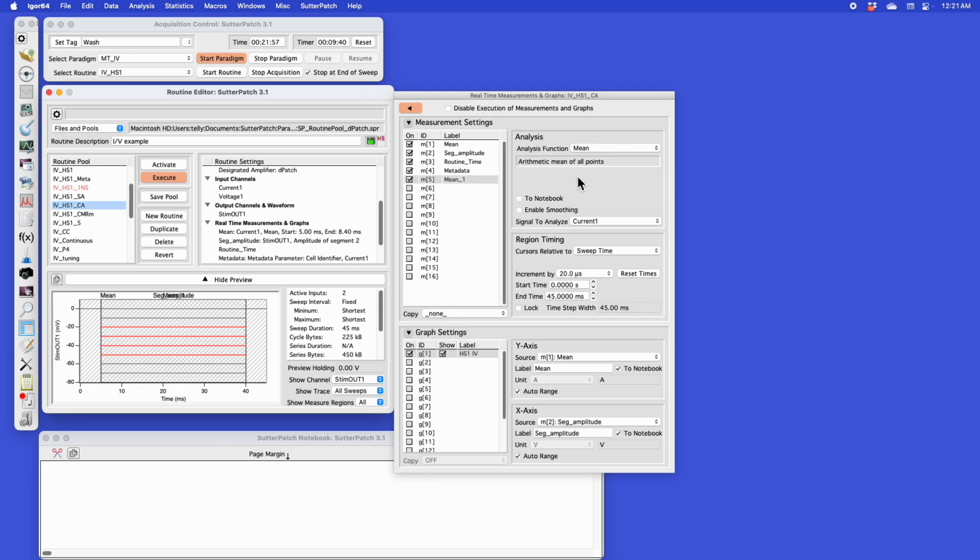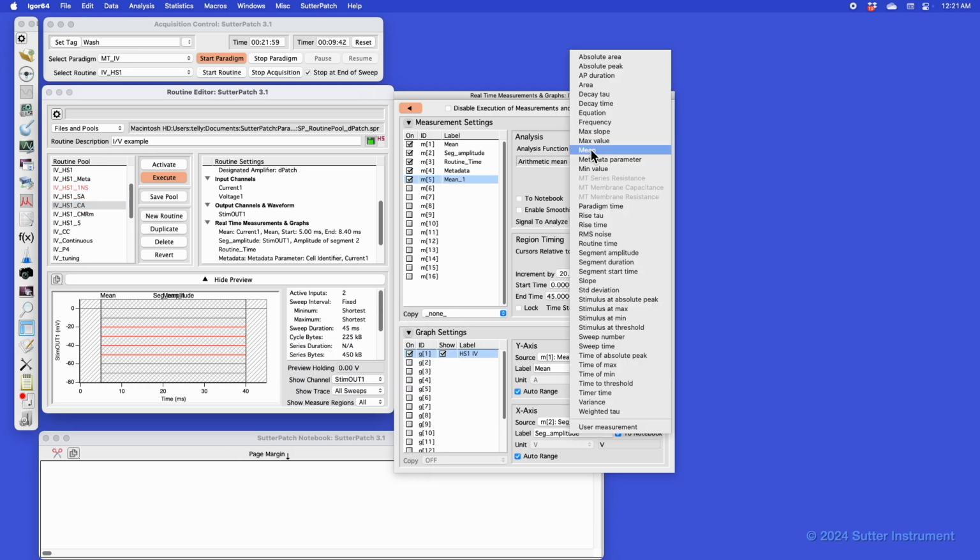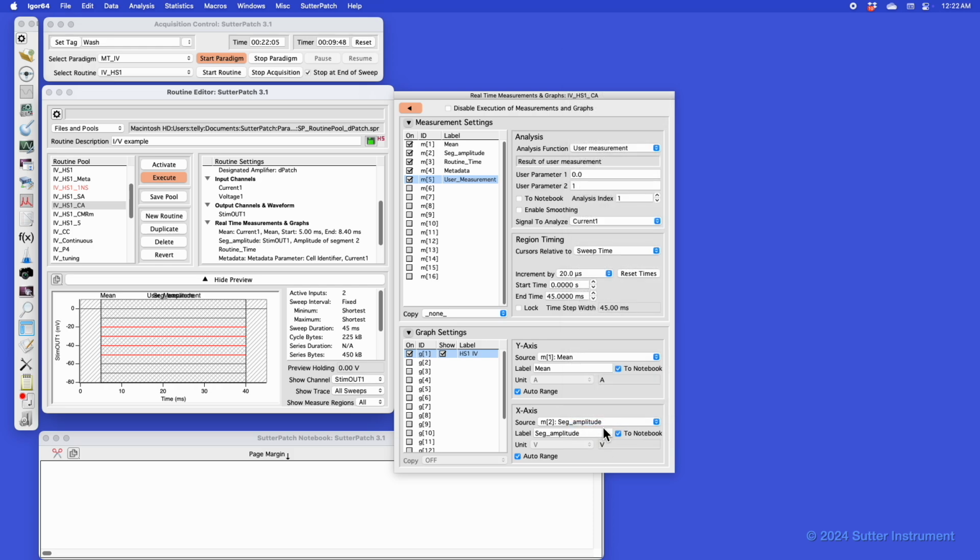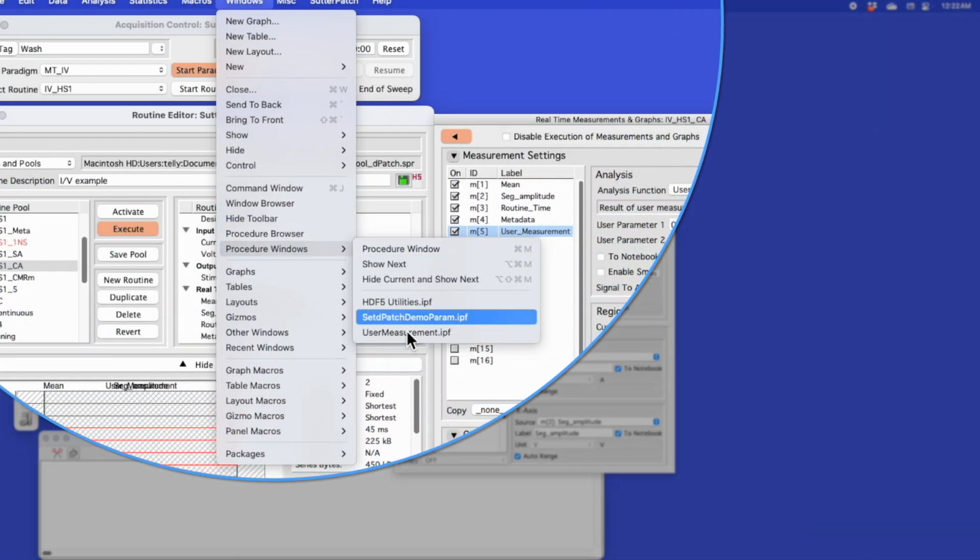Another significant measurement that we added was the ability to use user measurements. A user measurement is a function that goes out and looks at a specific IPF file. That IPF file is stored in Igor procedures.